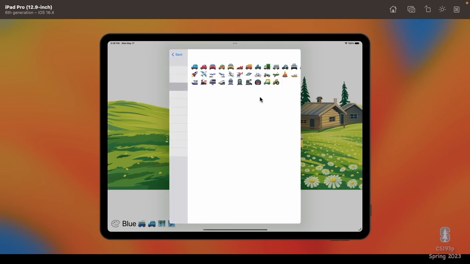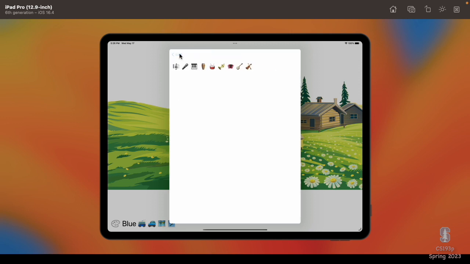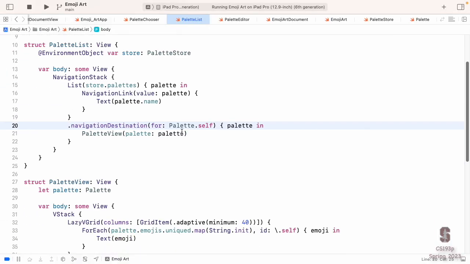Here we go. Travel. Whew, it did it. It's showing us all the things. And look, I have a back button. I can go back. Music. There's the music ones. Back. It's cool. Now, the only thing is, when I clicked and went through here, it showed me the emojis, but I didn't put the name, the COVID name at the top there. I left that out because I want to show you a way that you can put that on.